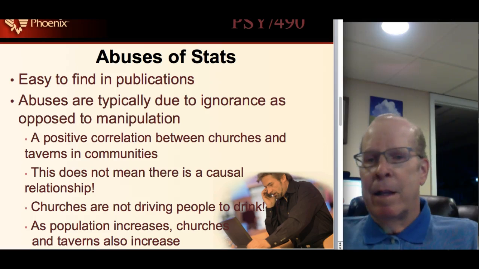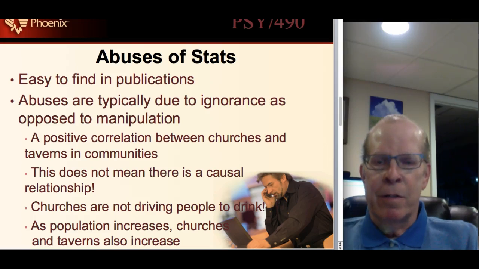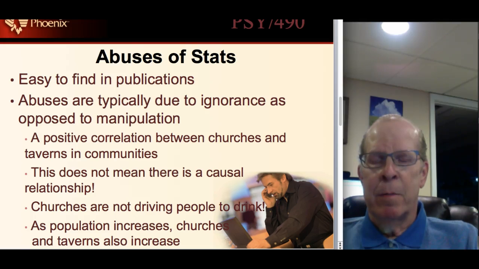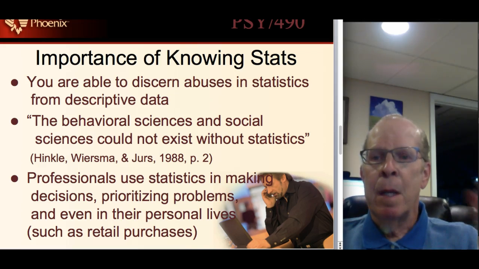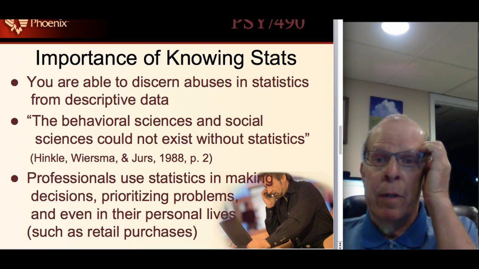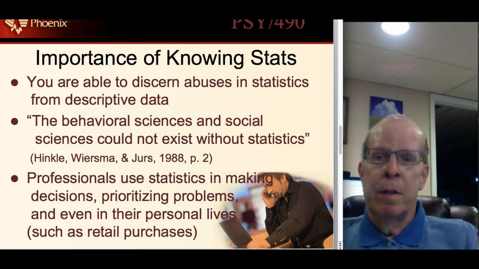There is no causal relationship in a correlation. It's one thing goes up, so does the other, and they're caused by something else. And in this particular case, the cause is either an increase in population or a decrease in population. So actually, taverns and churches aren't related in any other way other than they change with the size of population. It is important to know statistics, though, so that you're able to detect these abuses